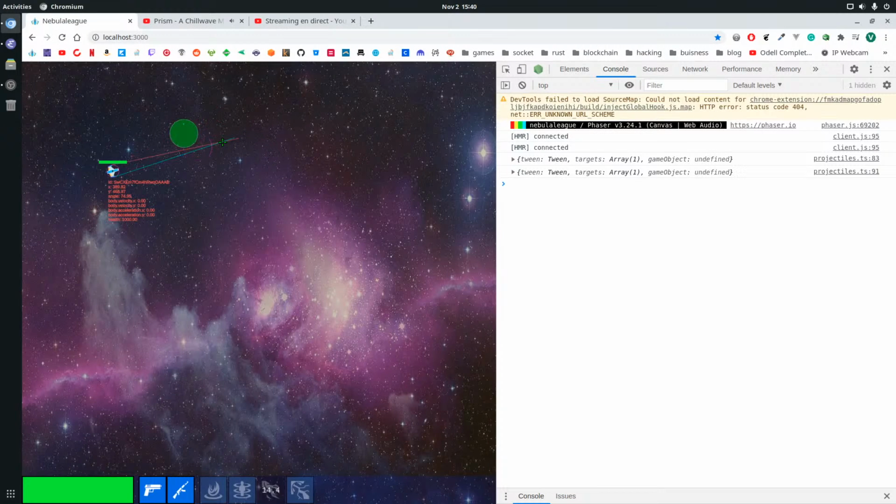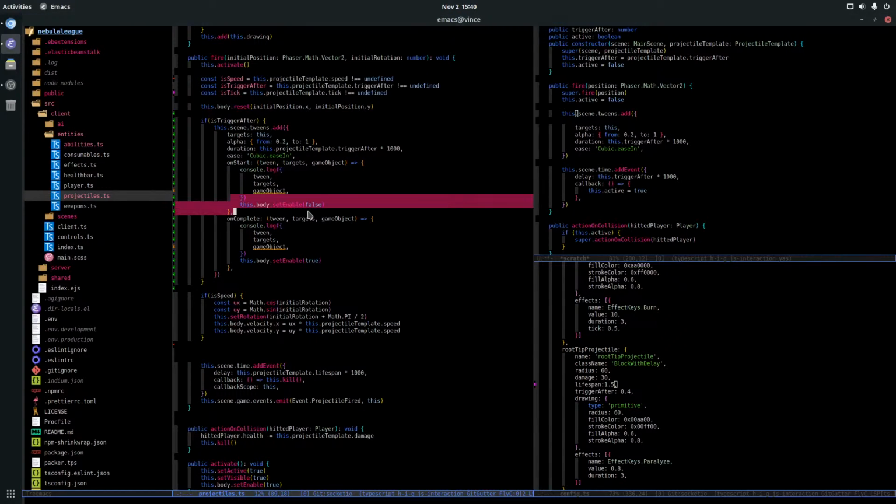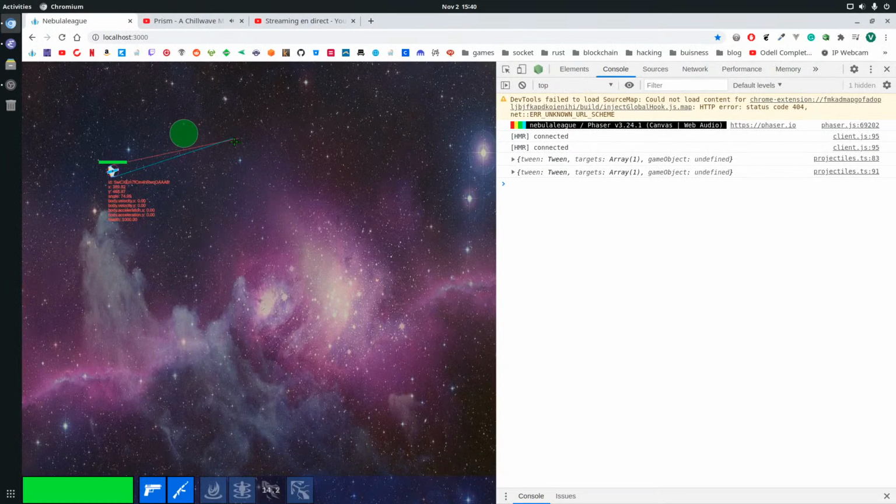So now okay. And then it's in the correct place. But by disabling it, I don't know if it's just a visual effect or not. I think it's just a visual effect. I need to test on another player.